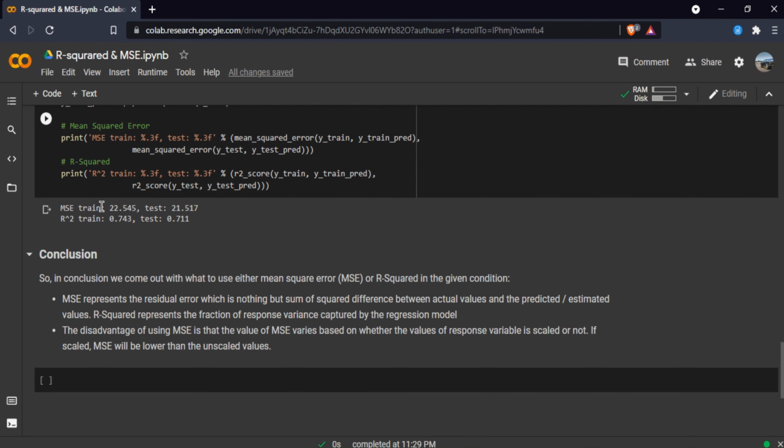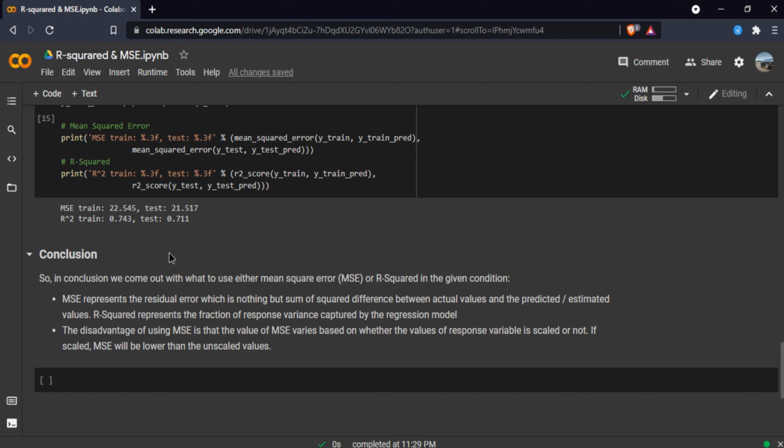For the training dataset, we got mean squared error as 22.545, and for the testing dataset, we got 21.517. For the R2 score, we got 0.743 for training, and for the testing dataset, we got 0.711.